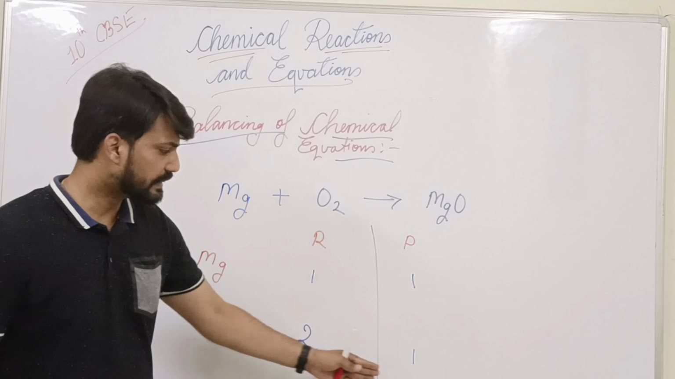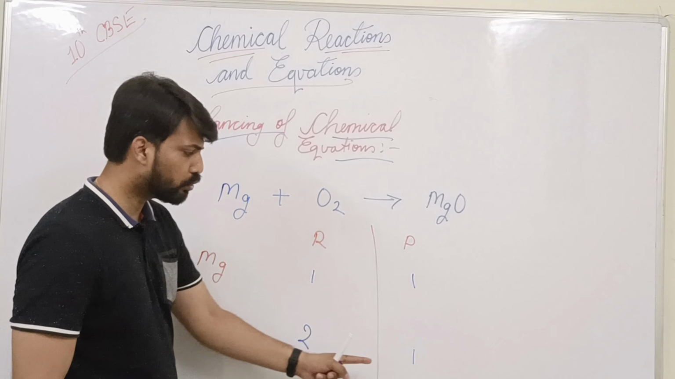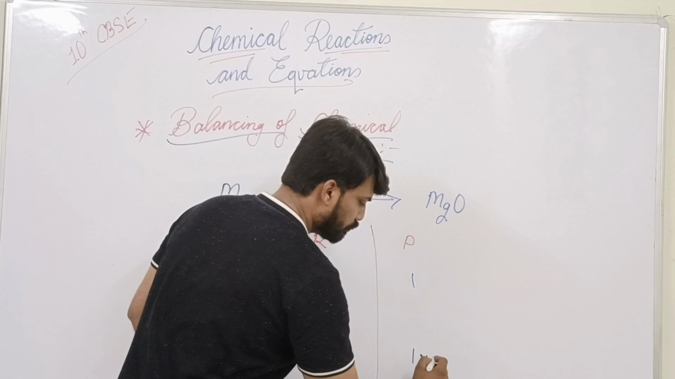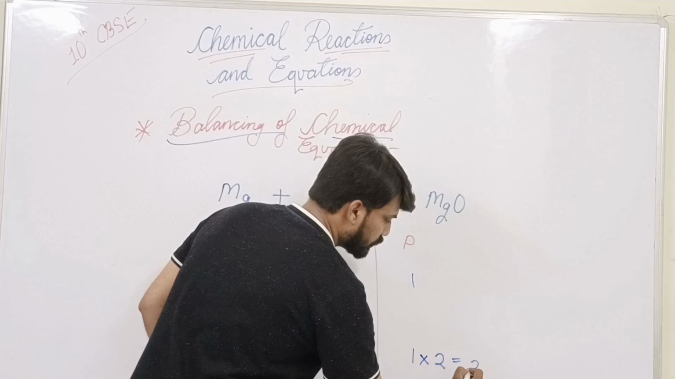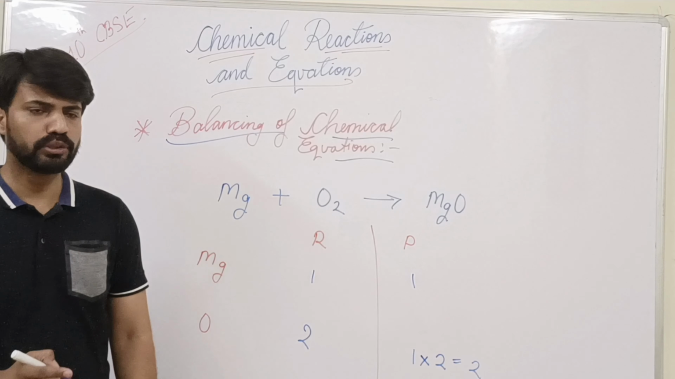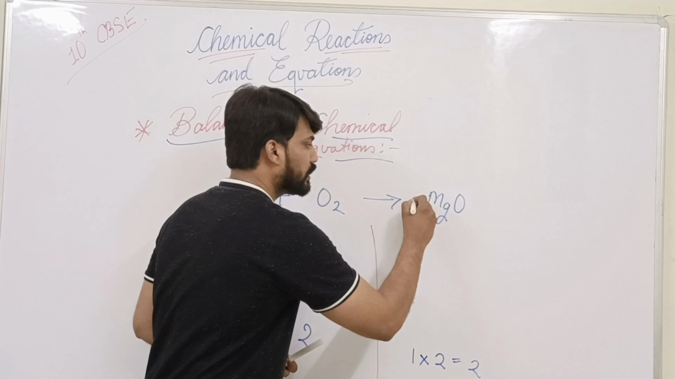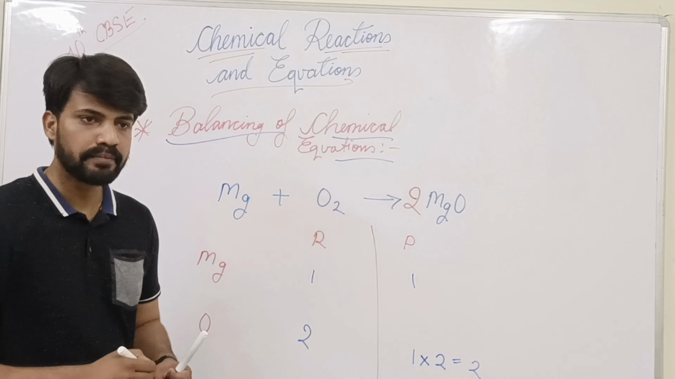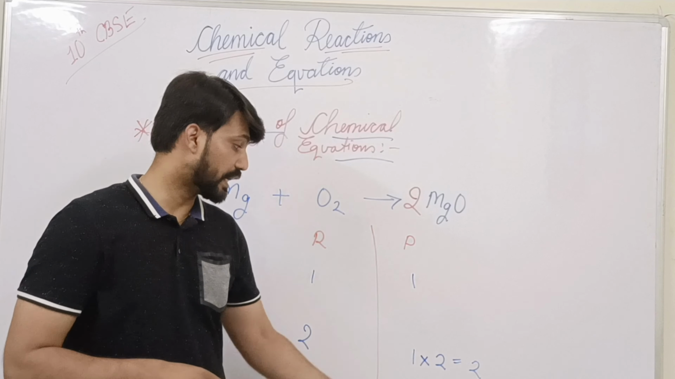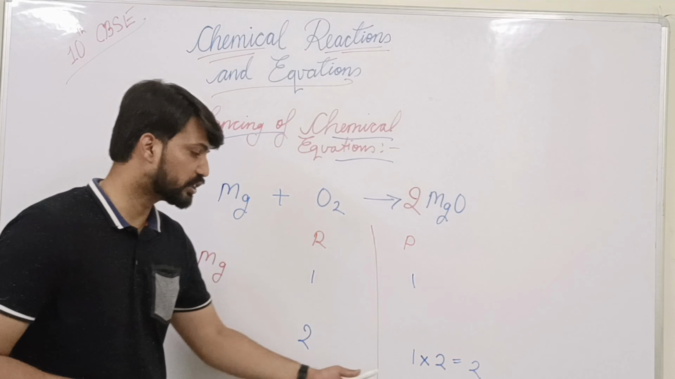Now again the same LCM method. Here it is 2, here it is 1, multiply this 1 by 2, and we get the number of atoms of oxygen as 2. So if I multiplied here, that means I need to multiply here. Okay, always remember where you multiply. Now here we got the oxygen part